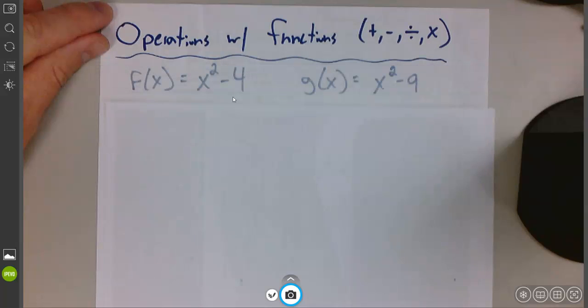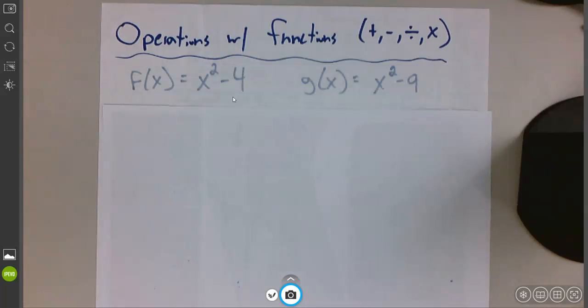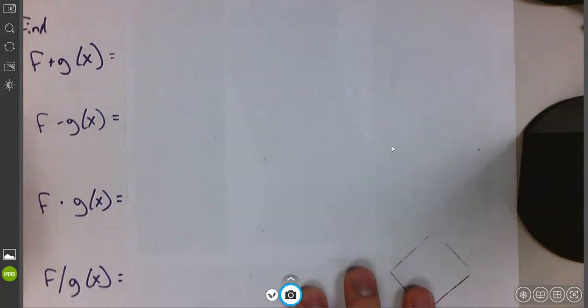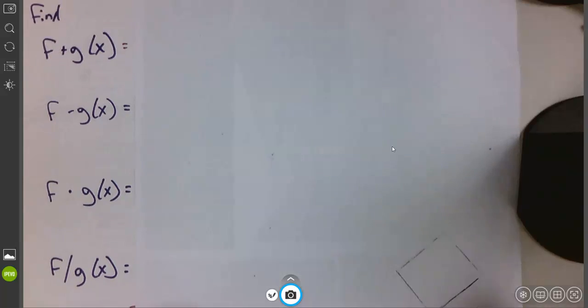You may have to hit pause for a second. But here are a couple functions, f of x and g of x. They both happen to be quadratic functions, right? This one, x squared, x squared. I would like you to add them, subtract them, divide them, and multiply them. So here is the notation for that. This is what I'm asking you to do. I want you to find